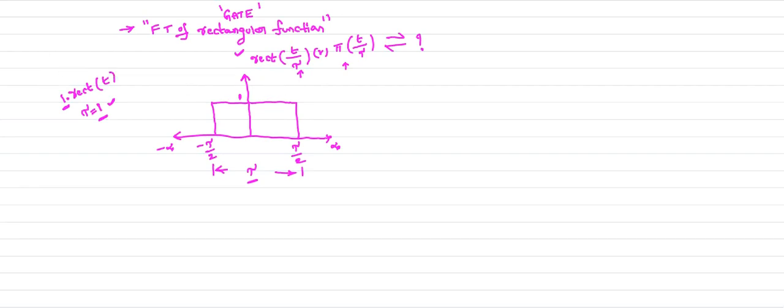So I just considered the 1. Later we generalize this rectangular function for any type of representation. Now I want to find out the Fourier transform of the rectangular pulse. Now you just observe, if you want to apply the Fourier transform of any signal, the signal must be absolutely